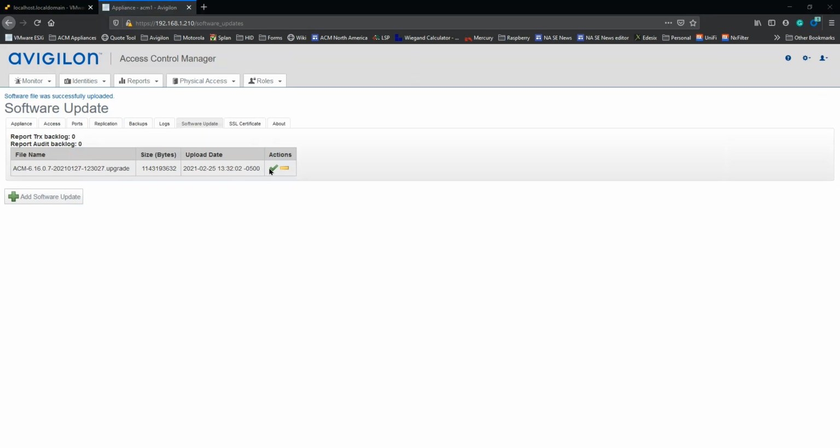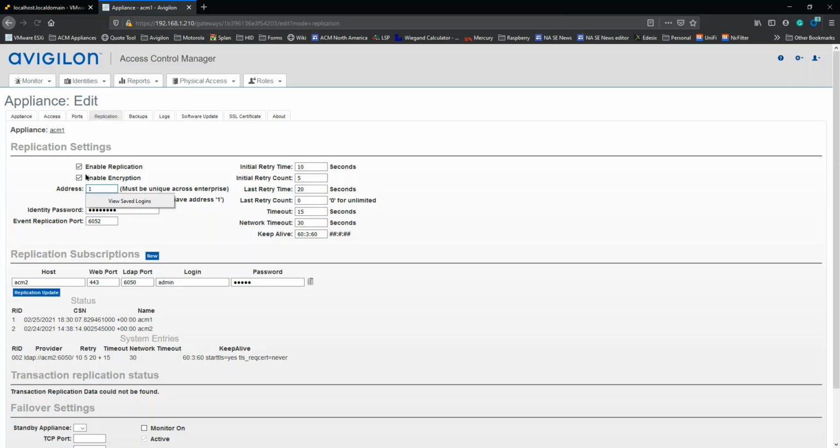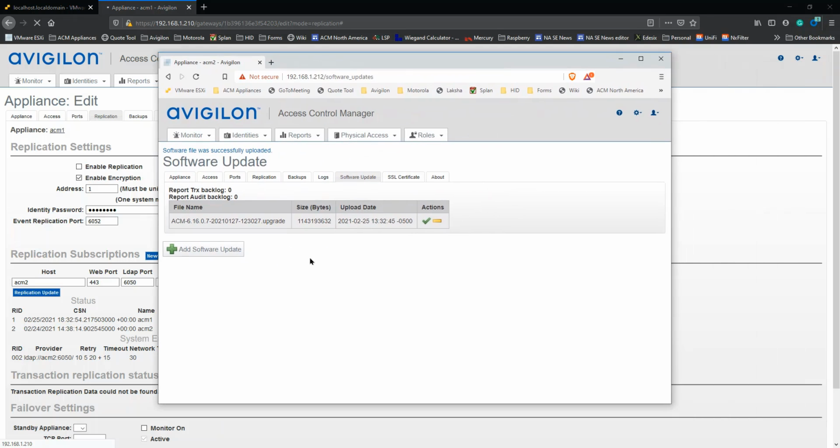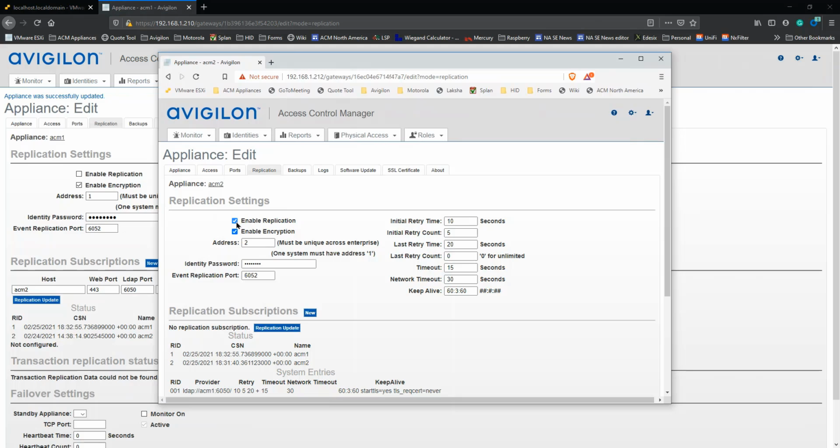All right, now that the file is loaded, before I can start, I need to do a couple of things here. So I need to go to the replication tab right there. And you need to disable the replication on both or whatever many replication appliances you have in your system. So all of them have to be disabled before you do upgrade the system. So that's a very important part. So make sure that you log into the system, go into replication, disable the replication. So click there. You can leave the enable encryption on, that's fine, but disable the replication, save, and then I'm going to go ahead and do the same thing in my machine number 2. I'm going to come here and just disable that, hit save,